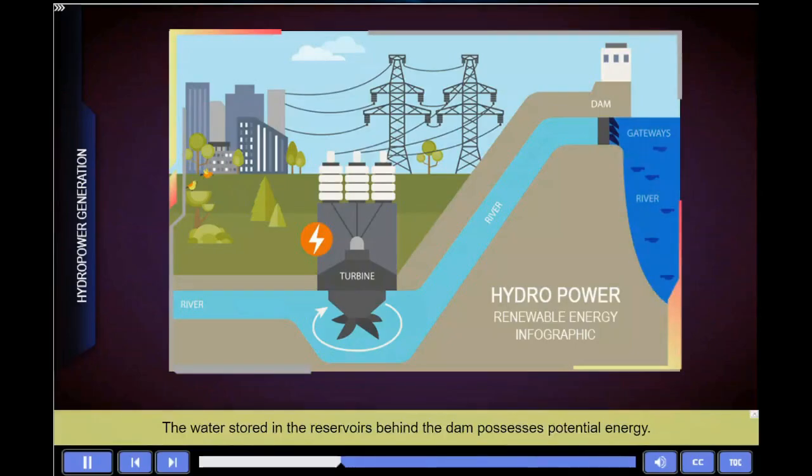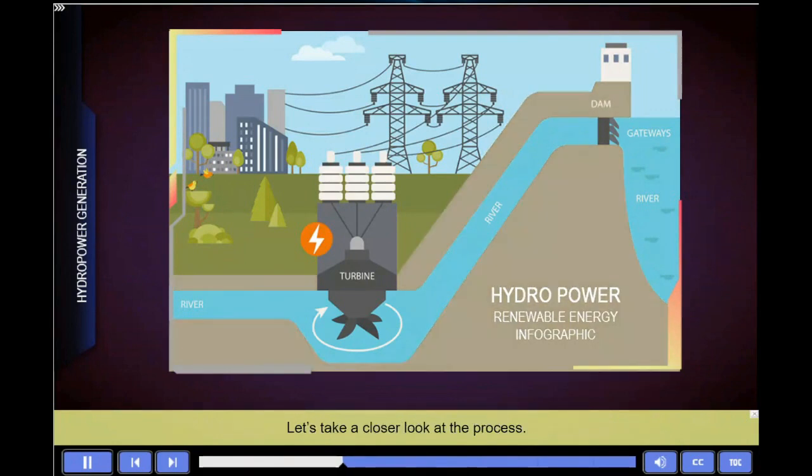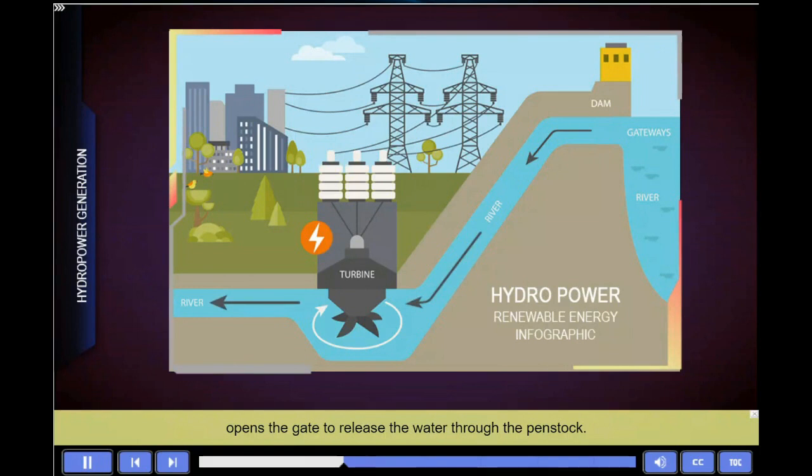The water stored in the reservoirs behind the dam possesses potential energy. Dams are constructed in such a way that water can be released at high speed. Let's take a closer look at the process. The control room responsible for the entire operation opens the gate to release the water through the penstock. When the water is passing through the penstock, it possesses kinetic energy. A turbine converts the kinetic energy of the falling water into mechanical energy. A generator converts the mechanical energy from the turbine into electrical energy. The produced electrical energy requires a transformer to maintain the energy voltage, and then the energy is supplied to the grid for